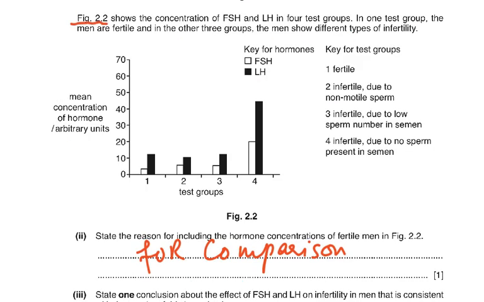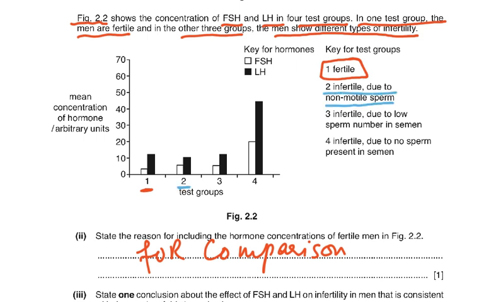Then figure 2.2 shows the concentration of FSH and LH in 4 test groups. In one test group, the men are fertile, and the other 3 groups, the men show different types of infertility. So the first one was fertile. This is the first one that we have here. Then the second was infertile due to non-motile sperms, and this was here. And then we had infertile due to low sperm number in semen, and this was the third group. And the fourth group was infertile due to no sperm present in the semen. So this was the fourth group, and this is the fourth group here. So I've just given it different colors to make you understand, and this is what you need to do when